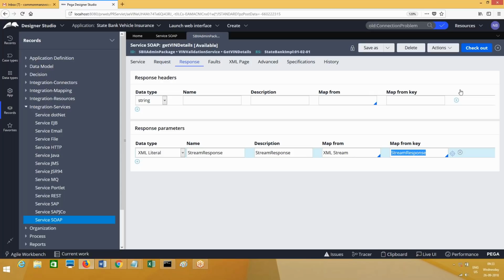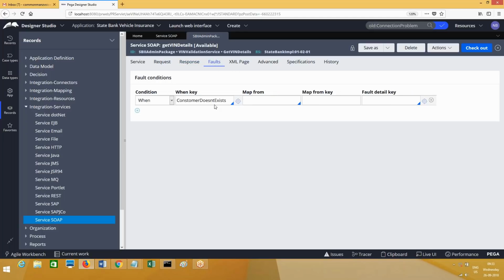Now, go to the fault tab and write a when condition. What is the condition? This condition says input data invalid. Maybe 5 digits instead of 6 digits, or something is missing in the input data. You write all the conditions in the when rule. And you call here map from XML stream, and what is the stream rule? You write some stream rule. The stream rule you have to design to have a message. That message is, let's say, input data format is invalid.